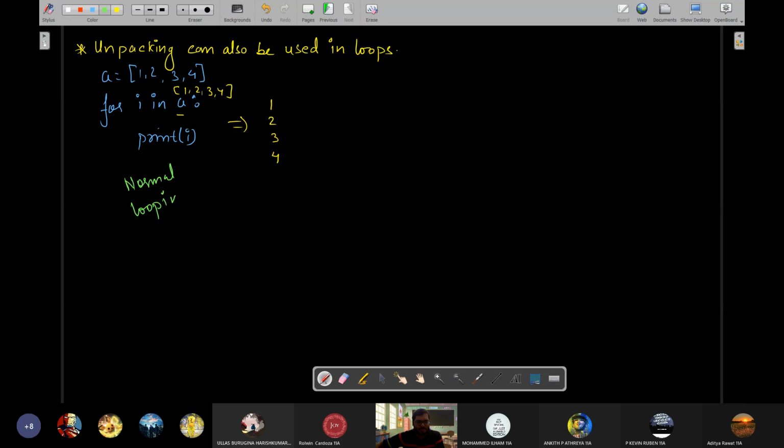इसमें तो किसी को प्रॉब्लम नहीं होगा कि how it works. One value from this list generated in the header will be picked up each time in the looping variable, then it will go inside, then again new value will be picked up, then again it will go inside the body. ठीक है, till the time all the values are exhausted. This is the normal case. Now